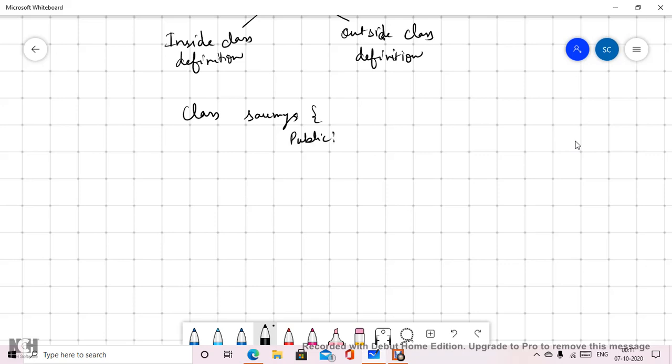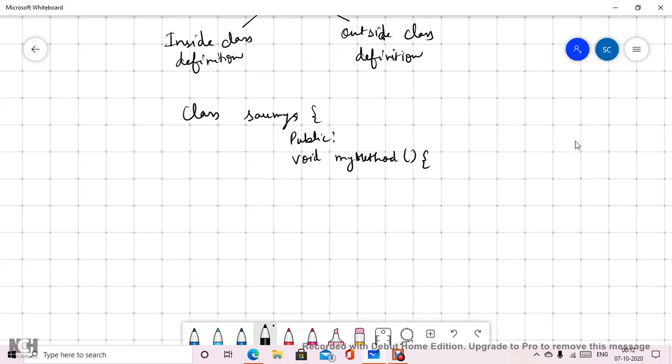Now rather than writing the attribute part, because we are more focused on the method part, let's say this class has one method, which is my method.